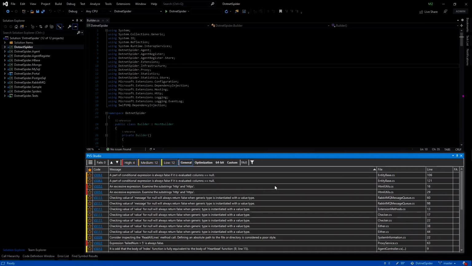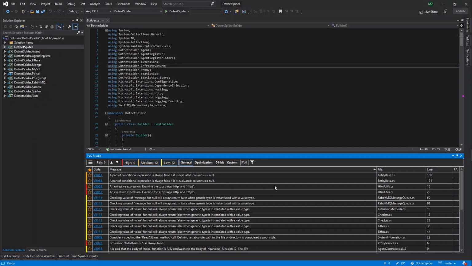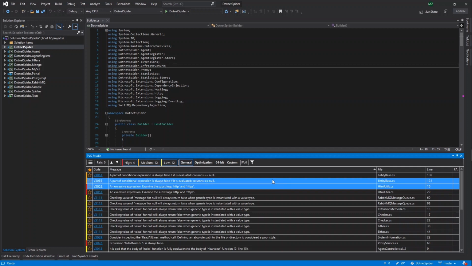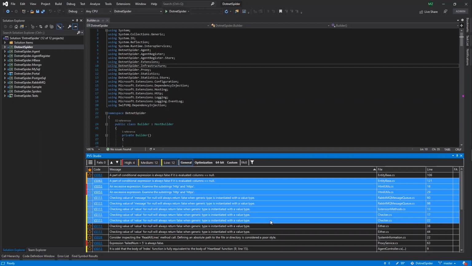In short, mass suppression is usually used to hide warnings after the first run, in order to simplify integration of static analysis. For more information, see the pop-up message on the right. Here is a report with warnings after the first run. Let's highlight a few errors. To do this, hold down Ctrl and click on the warnings. You can also select several warnings at once with the Shift key held down.